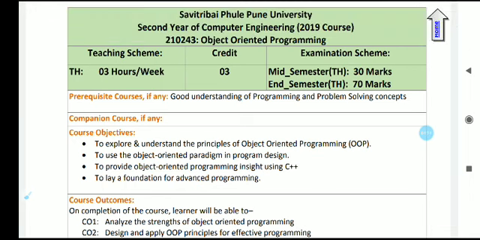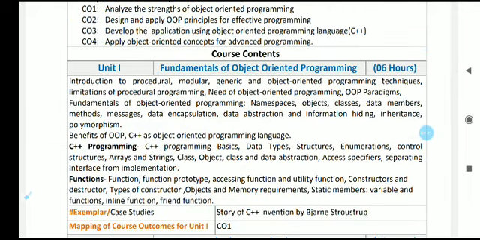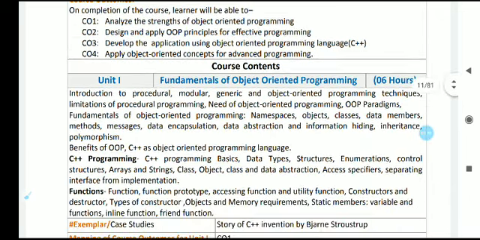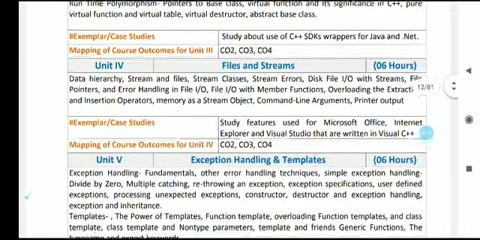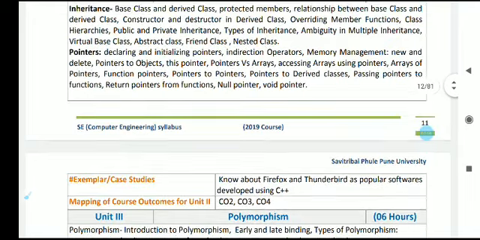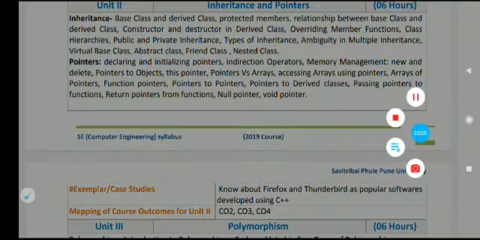If you check the syllabus of your first year subject, PPS, there is a unit number 5 present, that is object oriented programming. That syllabus is covered only in a small quantity, so you have a very short introduction in that unit. In this subject there is a complete description of object oriented programming. So I request you all to go through that unit and revise it for the best understanding.